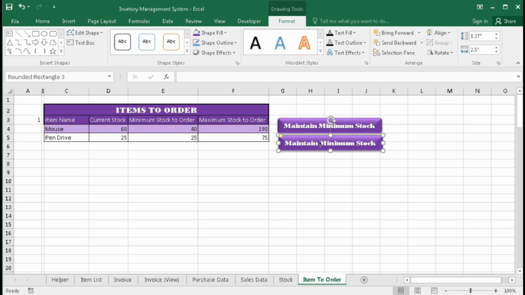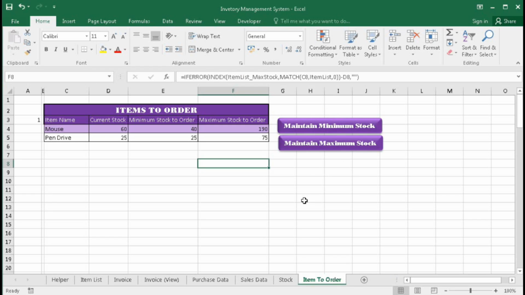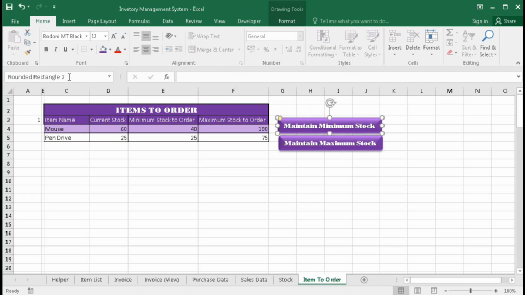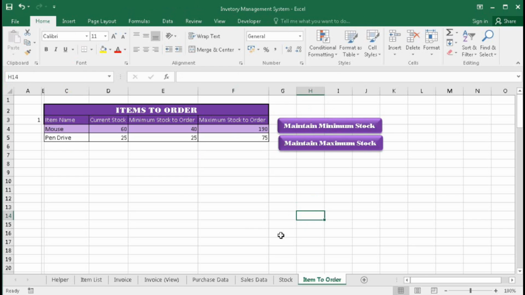Now type here maximum, name the button here, so we'll type here minimum, and it would be maximum. So these are the two buttons.